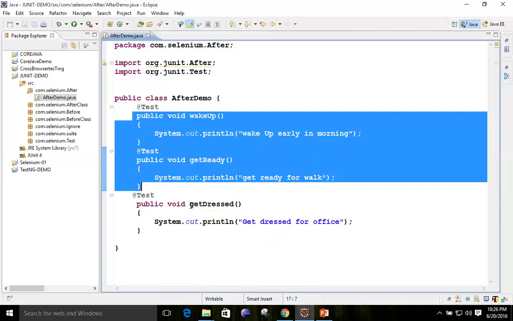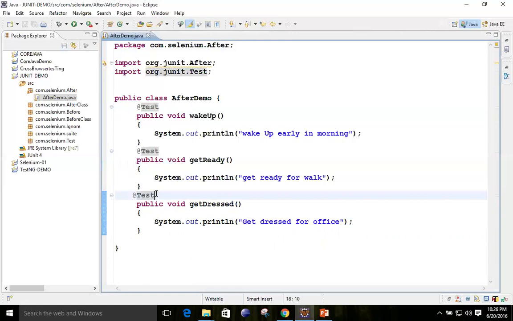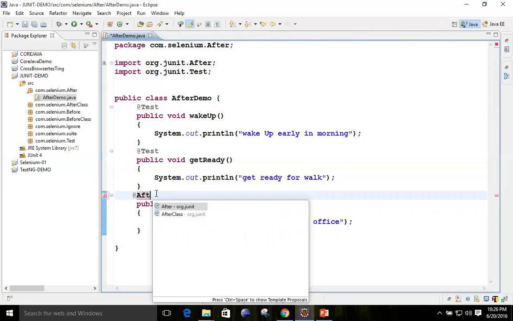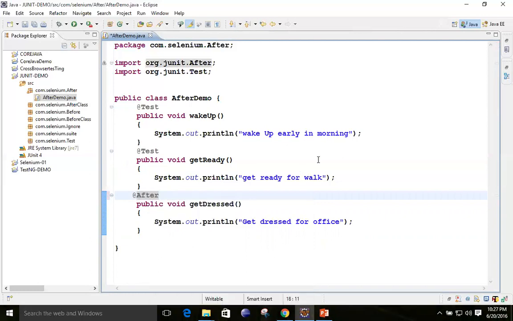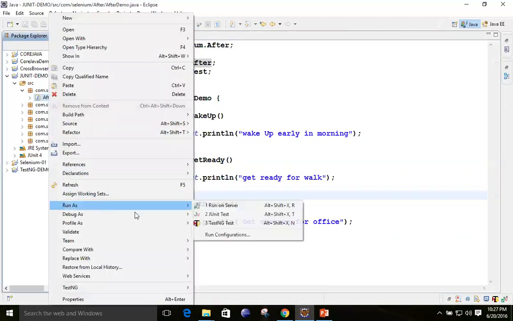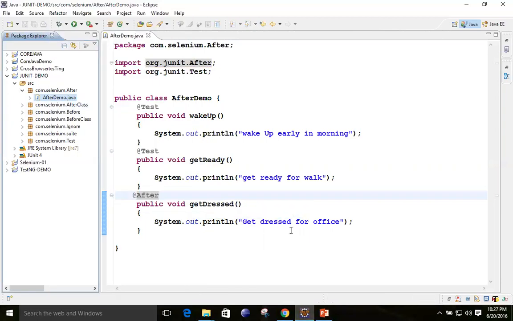It should not execute before these two test cases. What you will do is simply change this @Test to the keyword @After. You can see we have two types, After and AfterClass. I want only After. Save this, run this one as JUnit test.